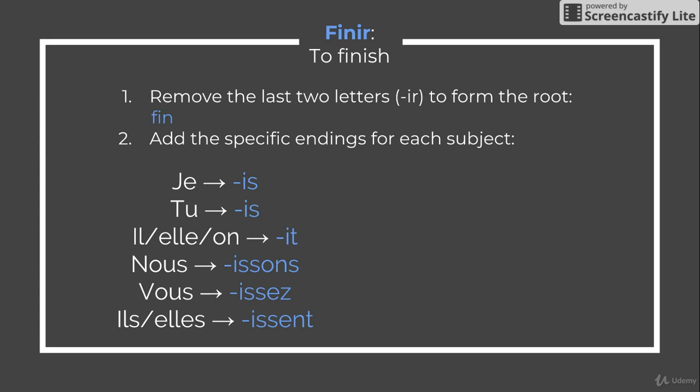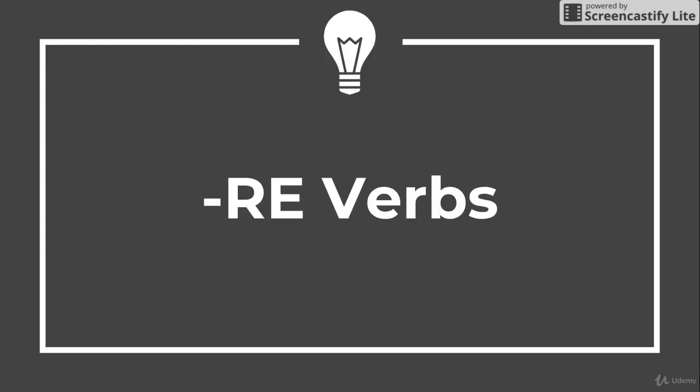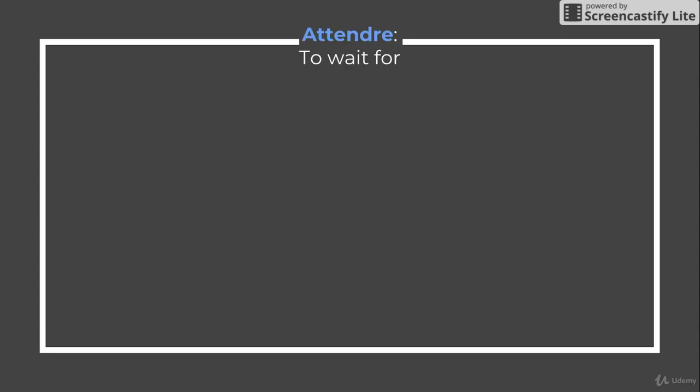So the complete conjugation for finir would be je finis, tu finis, il, elle, on finit, nous finissons, vous finissez, ils, elles finissent. Finally, we're going to learn how to conjugate RE verbs, taking the French verb attendre as an